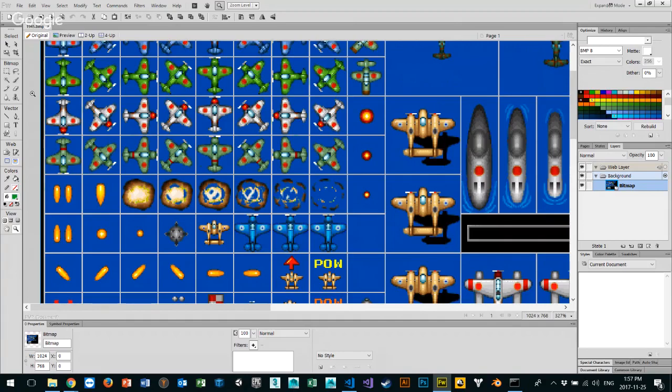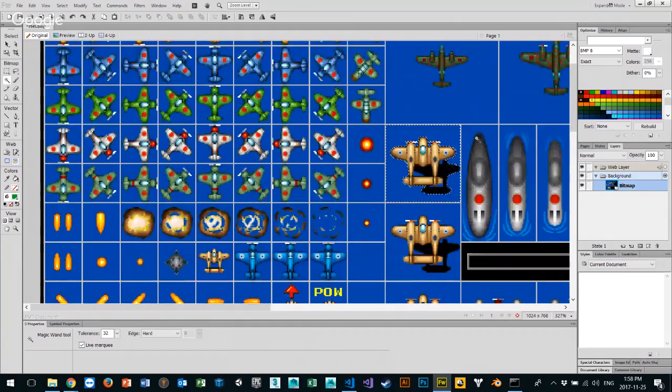In Fireworks or Photoshop or Krita or GIMP, you may have some access to a magic wand tool. The magic wand tool basically allows you to select pixels with different colors. Pixels are picture elements, and they have a tolerance. Notice my tolerance right now is 32. So if I click this image right here, and if I zoom in,